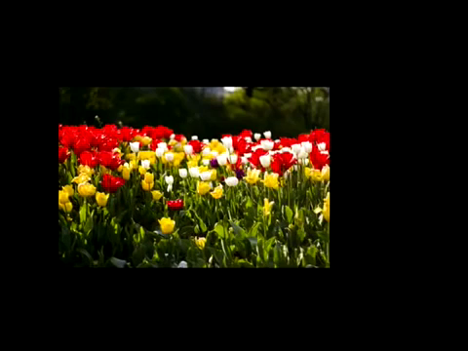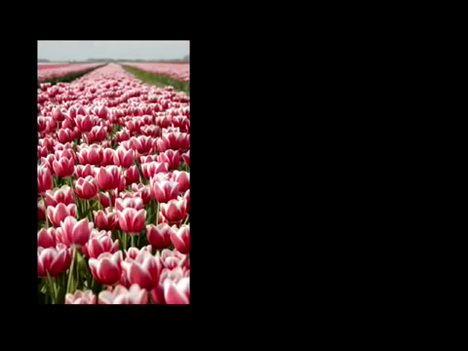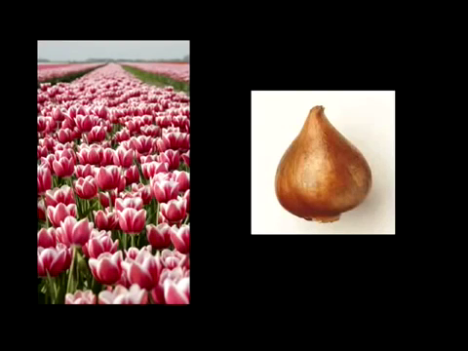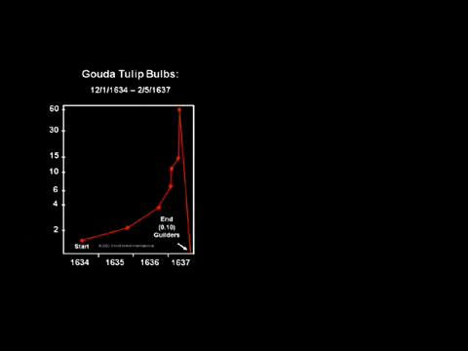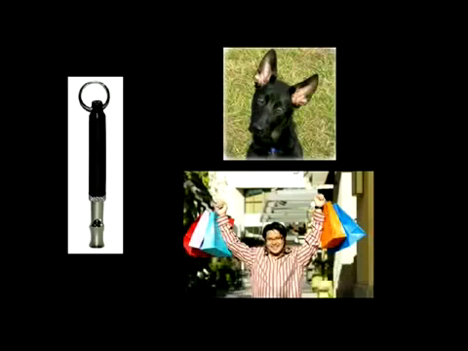At the height of the bubble, a single bulb of the most highly sought-after example, the Semper Augustus, commanded the same selling price as the finest house on the finest canal. But eventually, people figured out that you can actually grow quite a few tulip bulbs if you set your mind to it, and that perhaps bulbs were, after all, just bulbs. It is recorded that the tulip craze ended even more suddenly than it began, ending almost in a single day at the start of the new selling season in February of 1637. On that day, a silent whistle blew that only dogs and buyers could hear, and prices crashed.